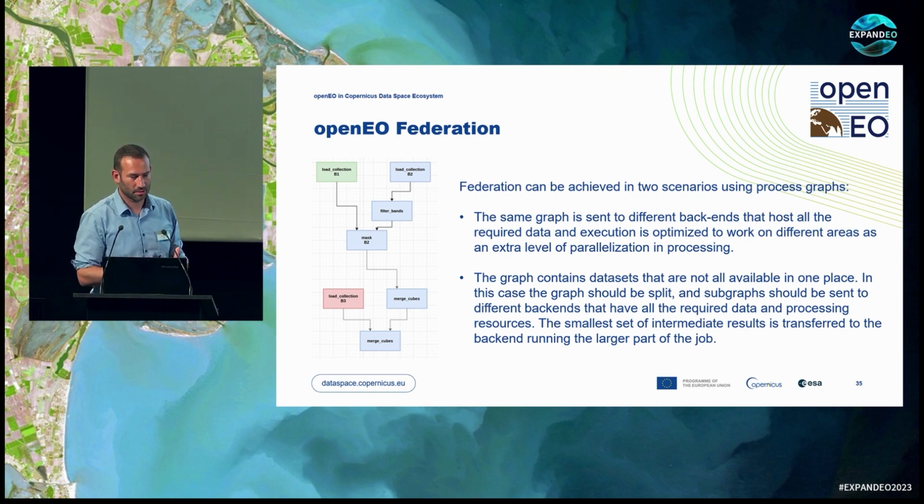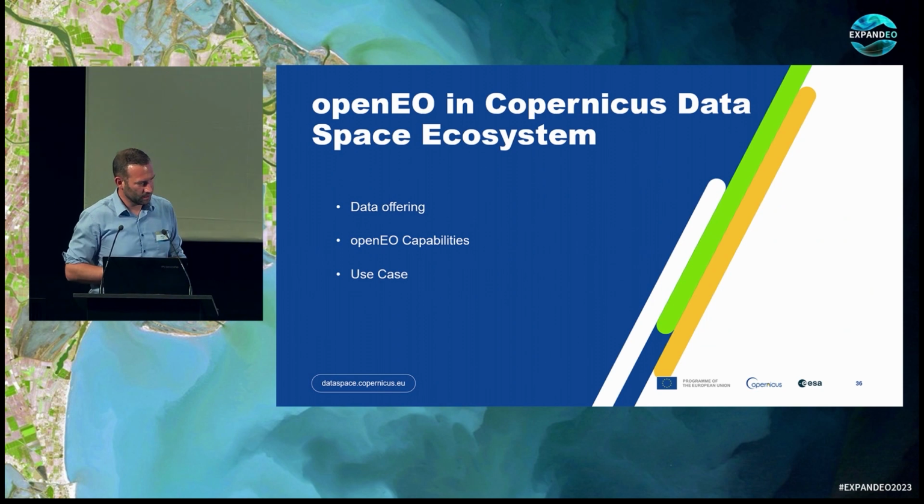So this is a concept that we will enable within the Copernicus Data Space Ecosystem. You can see a little bit in the picture on the left, the different colors mean that there are different data sets coming from different providers. That's a little bit the idea of how we would like to move forward with this federation concept, which is very interesting in my opinion.